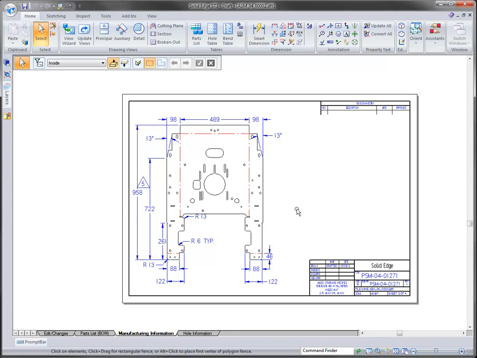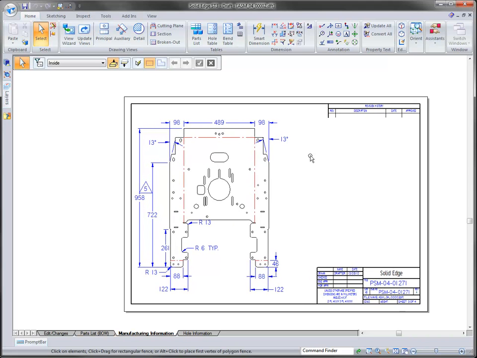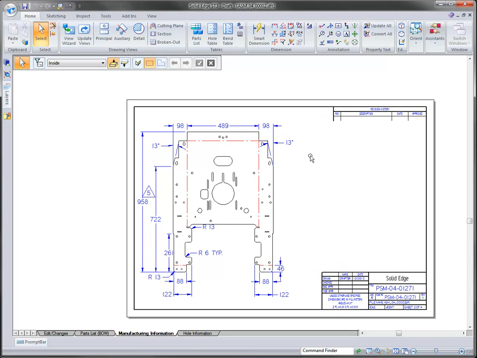Next, let's take a look at some manufacturing information. So here we have a sheet metal file, and remember, this was one that we actually windowed around and stretched. That's the reason why you see the change here with our dimension. But let's say I'm out on the shop floor. I don't have the ability to make any changes to this drawing, but I need to go and I need